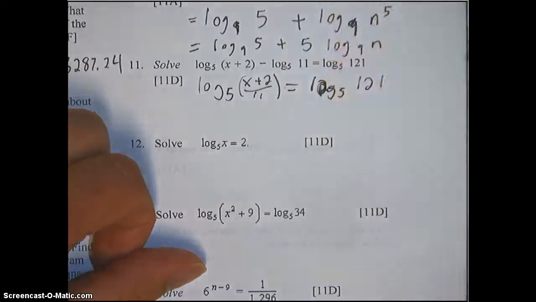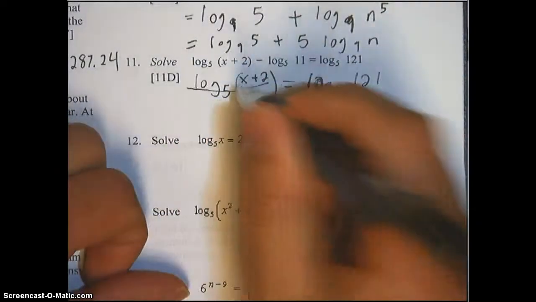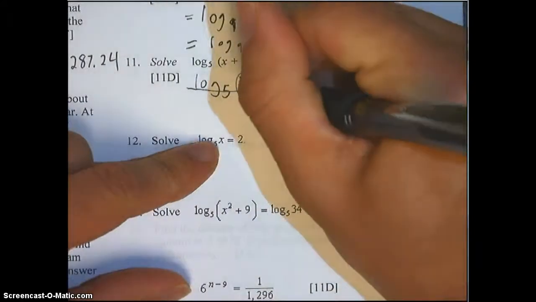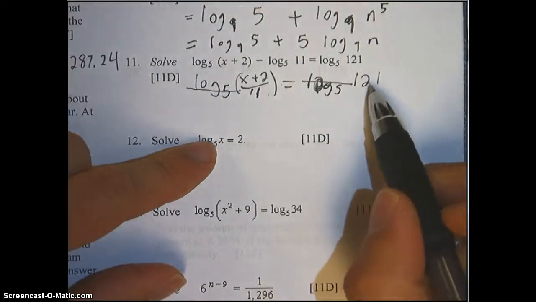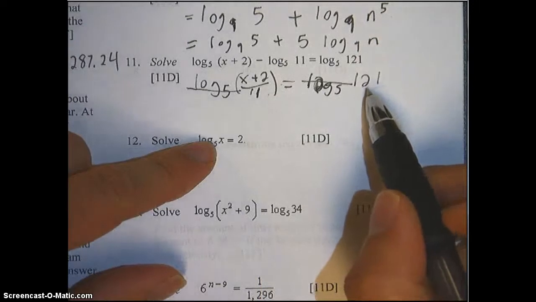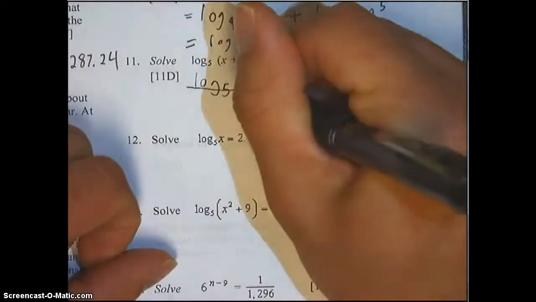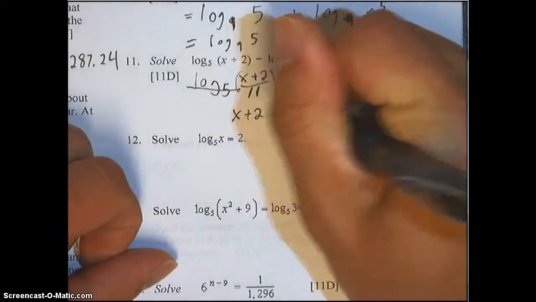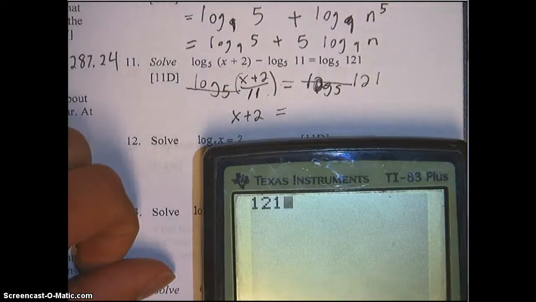equals log base 5 of 121. And when I do that, I can essentially cancel out these log base 5s, since there's one on each side, leaving me with x plus 2 divided by 11 equals 121. So we're going to solve for x. That's what it means when it says solve. So I'm going to multiply both sides by 11 to give me x plus 2 equals, let's see, 121 times